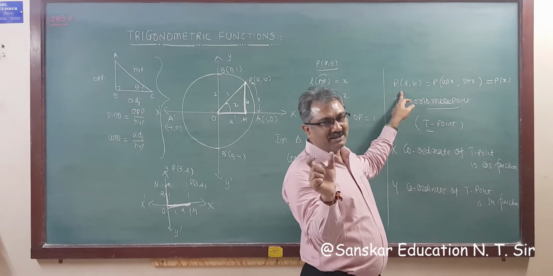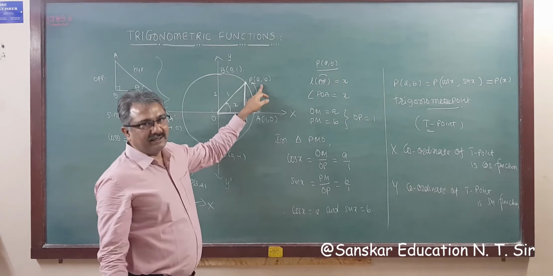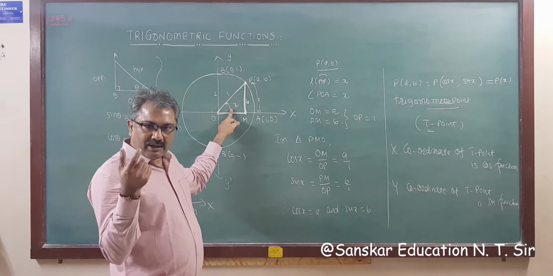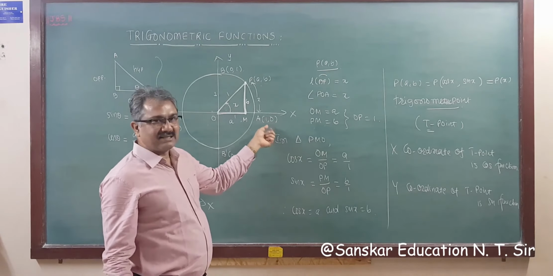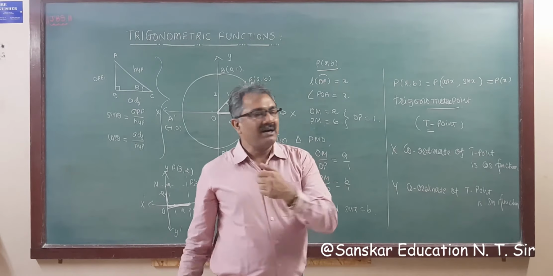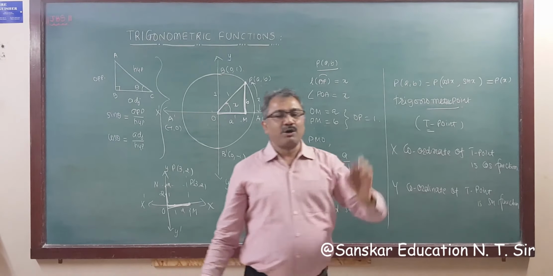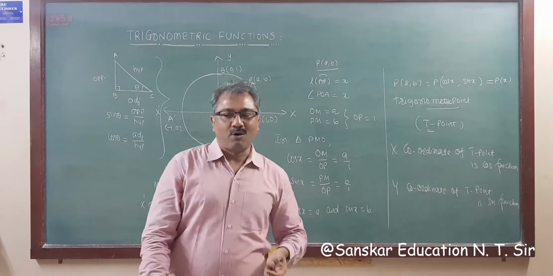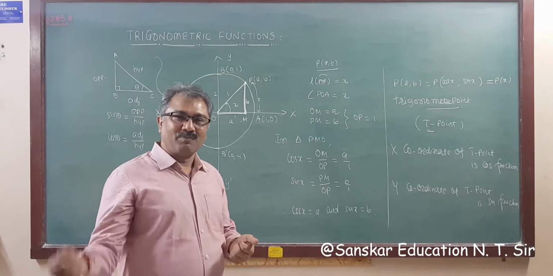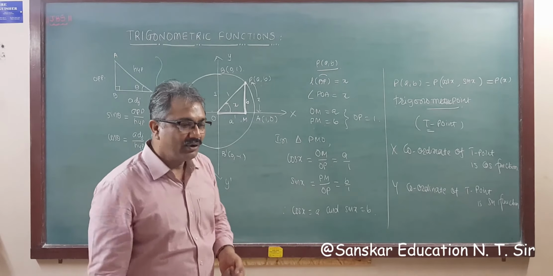You should know what a trigonometric point is. So what is a trigonometric point? The point given, this point given makes an angle x with the positive direction of the x-axis, then P(x) is equal to (cos x, sin x). P(x) is equal to cos x comma sin x means trigonometric point: cos is your hero and sin is your heroine, right? So first x coordinate means cos and y coordinate means sin. That you have to remember.